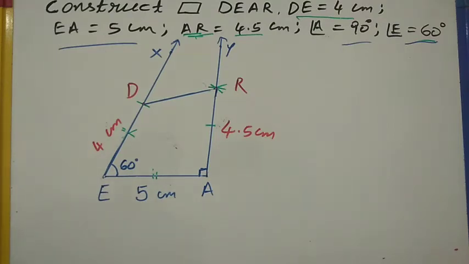Children, so with this I have completed all 4 types of constructions, and this is one of the question given in exercise 4.4, and there are 2 questions. In that 2 questions, one I solved, the other question I am giving it as a homework. Then children, here I am going to now discuss with you special cases or special types of quadrilaterals, and constructing those special types of quadrilaterals.